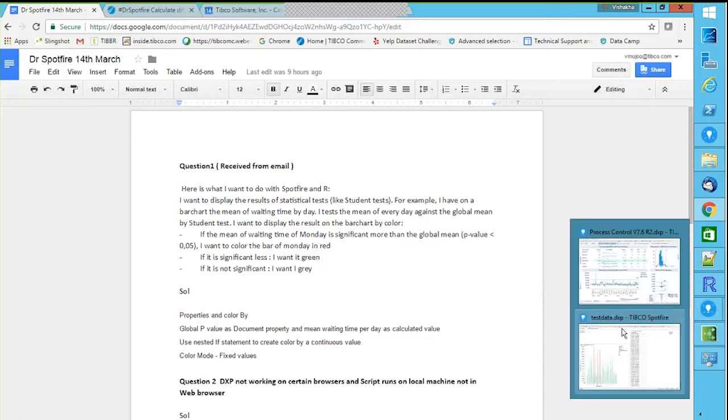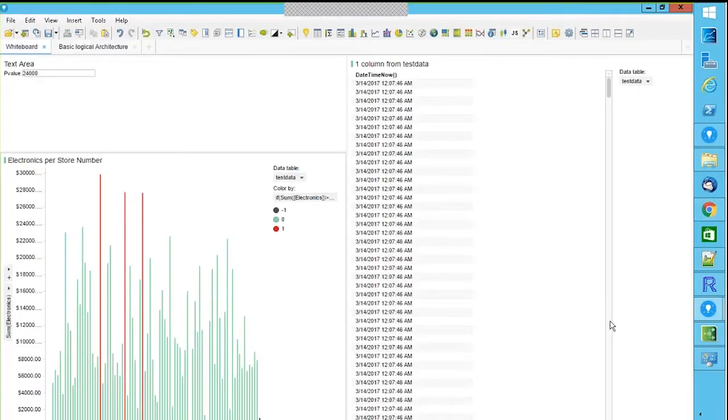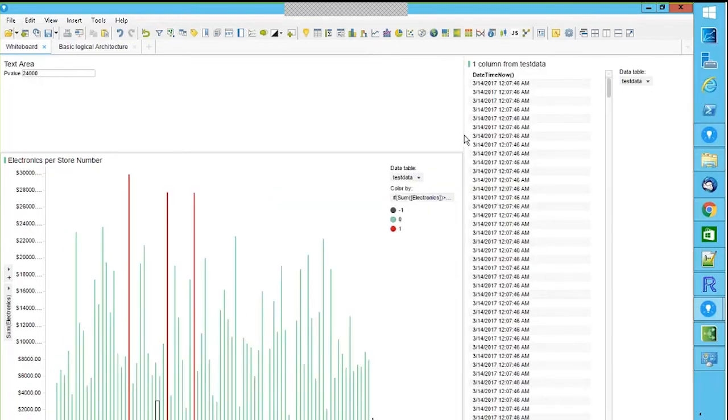So let me share, this is what I have, then I will walk you through how we got the solution. In this case, without knowing the use case or the data, I just picked our test data. I just used store numbers to create the bar. So I have electronic sales for each store number here on my bar chart visualization. I created a property, I called it p-value, and I gave it a value of 24,000. So in this case, you can see all the bars which have value more than 24,000 are colored red based on this value. So if I decrease this value to 8,000,